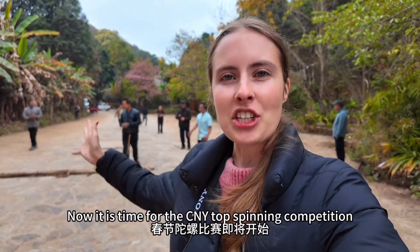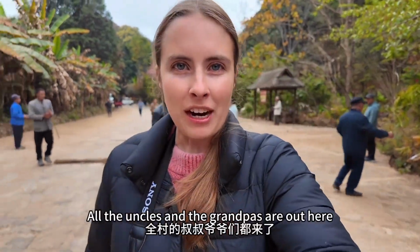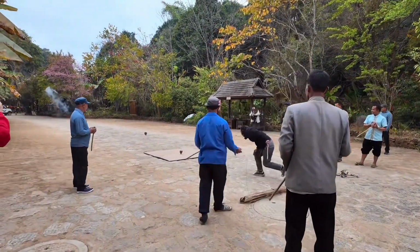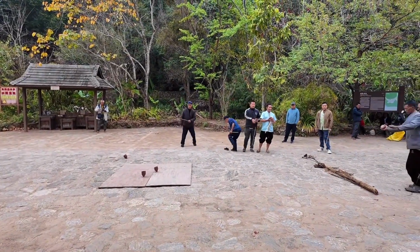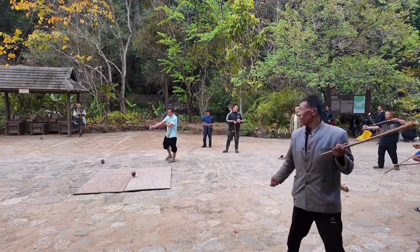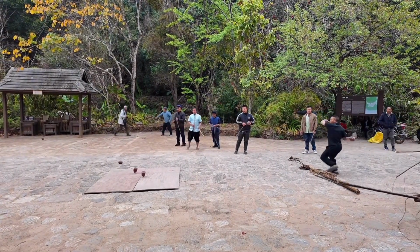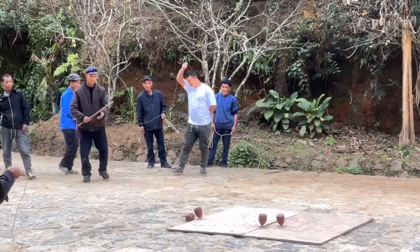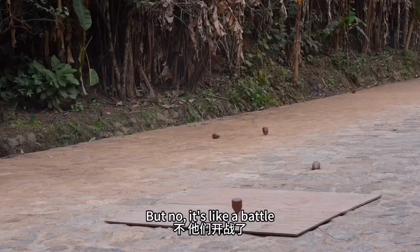Now it is time for the Chinese New Year top spinning competition. All the uncles and the grandpas are out here. Oh yeah. Wow. So yesterday when one of the local uncles told me they were going to be having this competition, I don't know what I was envisioning, like who can spin the fastest or the farthest or something, but no, it's like